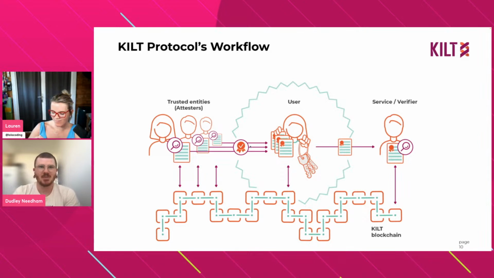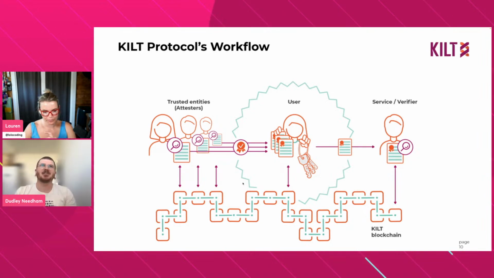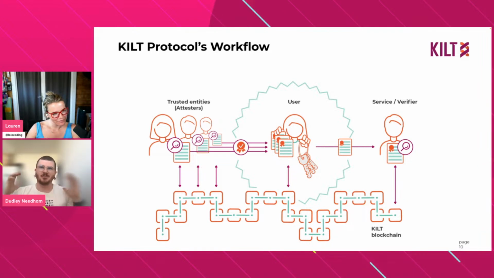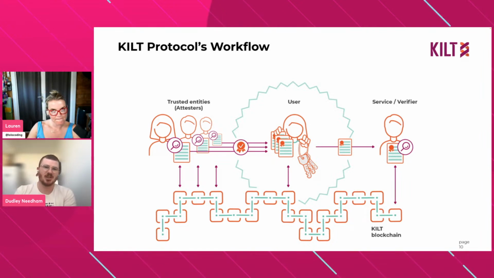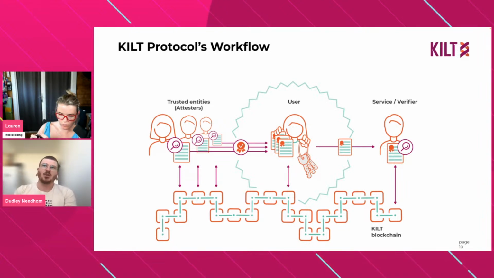So, going to the finality of this workflow: the user wants to go out to a party, they want to go to the Purple Turtle, and they want to have a drink at the bar. They go to the bar and they remember, I'm over 18, but the bouncer doesn't know this, so they say, give me your credential, and you show your credential. They see it's been attested by the UK government, and then they query this on chain, and the verifier sees this information and goes, okay,